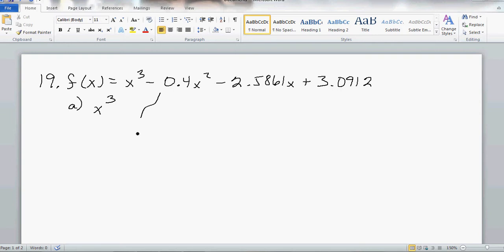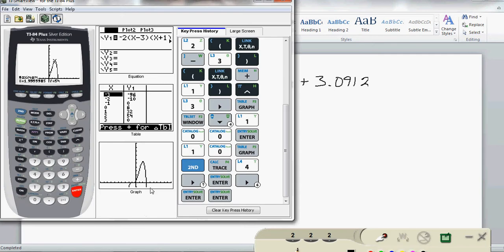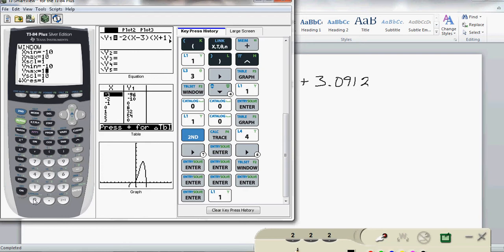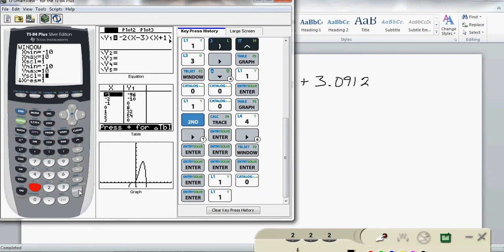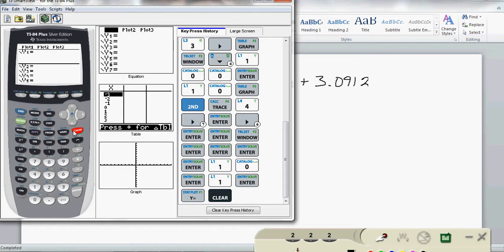Okay? Now B does ask us to put this into a graphing utility, so that's what we're ready to do. And realize I've got this stuff from number 18 still in there, so I need to go back and change the window back. A negative 10, 10, 1, and negative 10, 10, and 1. And let's go to y equals and clear out anything that we had there, and that will become x cubed